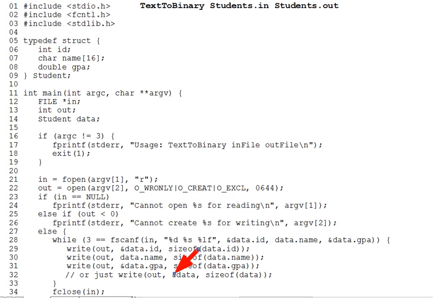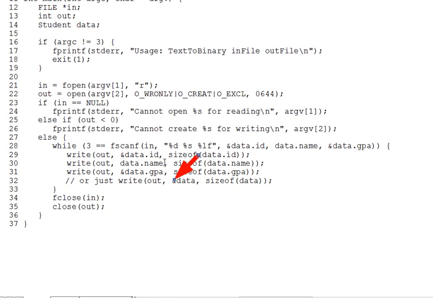And the final system call in our example is close on line 35. This is passed the file descriptor, and it closes the file. It's more than just a nicety, however. Forgetting a close call, especially in a program that opens and closes a lot of files, is a classic nasty